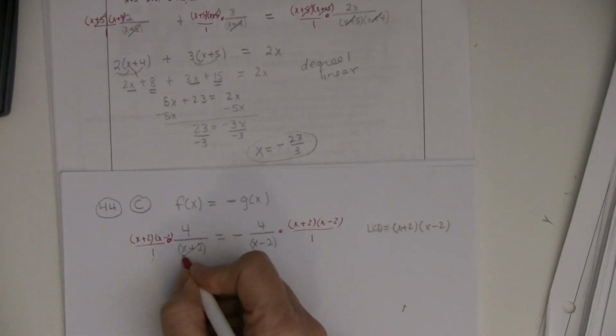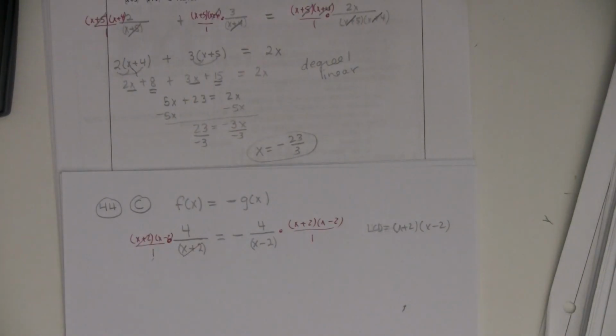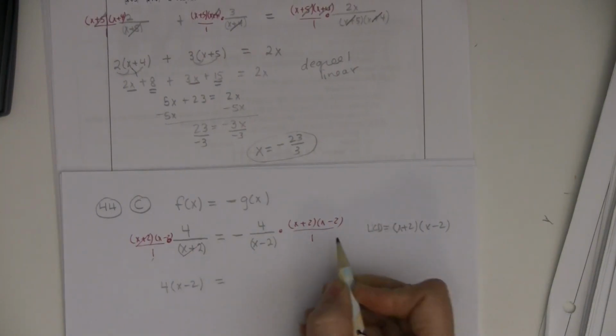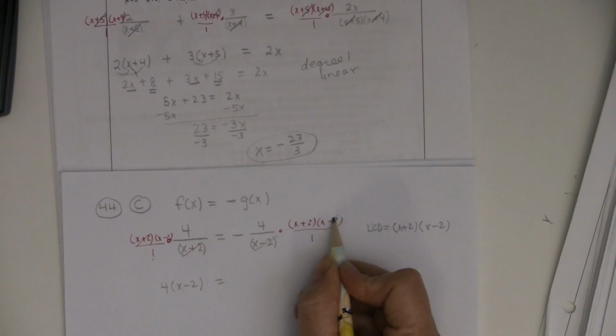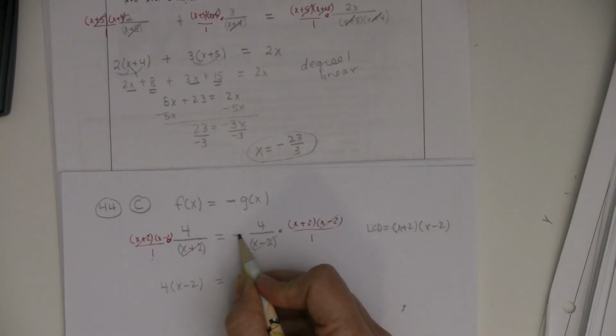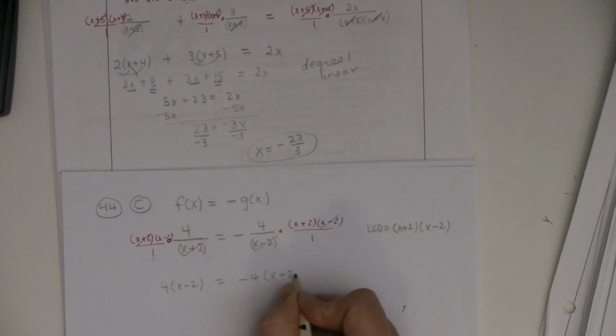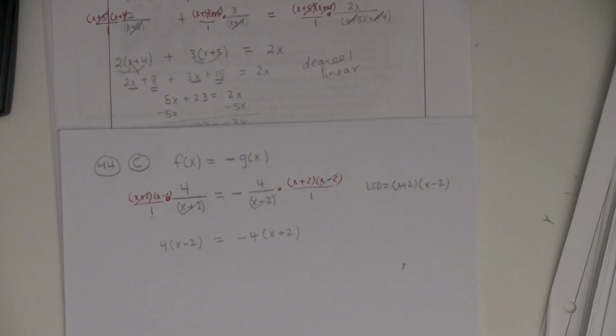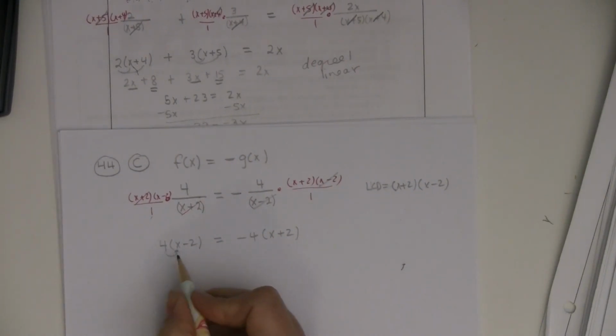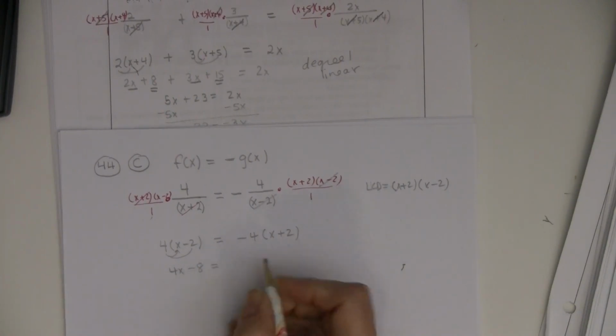And so the x plus 2 reduces with the x plus 2 and leaves, and I would write it as the monomial 4 times x minus 2 equals, and then the x minus 2 reduces with the x minus 2 and leaves the minus 4 with the x plus 2. And then you would solve that normally. And so when you solve this, you're going to get 4x minus 8 equals negative 4x